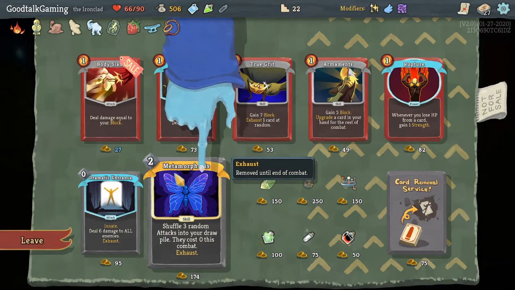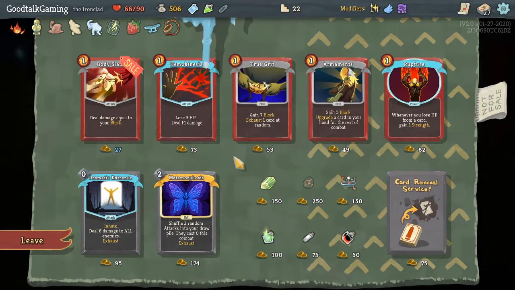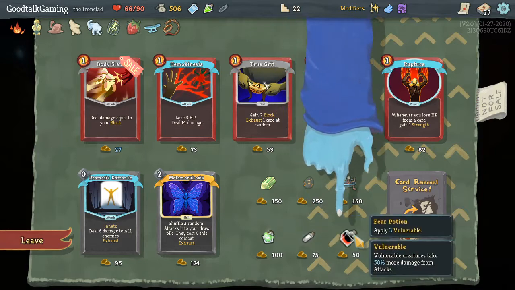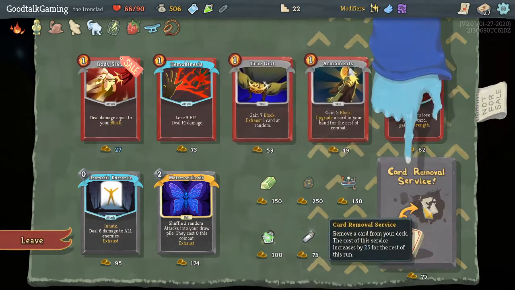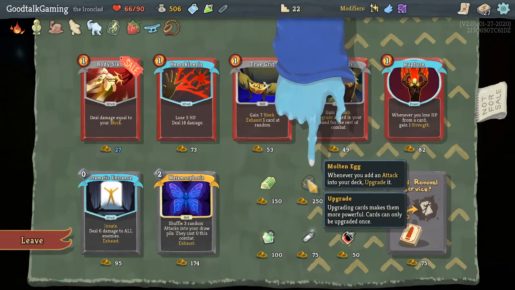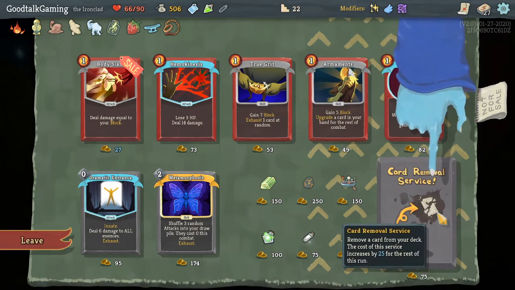Shuffle 3 random attacks into your draw pile. They cost 0 this combat. That's also great for us. What is this? When you would die, heal to 30% of your max HP instead and discard this potion. That's awesome. I could get rid of that. I could pick up that,